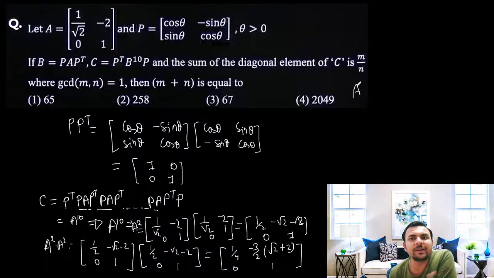Sum of diagonal elements of C. So it is 1 square, 1 square, then it will become 1 by 4 whole square, 2 to the power 4. We started with 1 by root 2, 1 by root 2 whole square, and 1 by 2 whole square, 1 by 4 whole square. We can say root 2 whole square, root 2 to